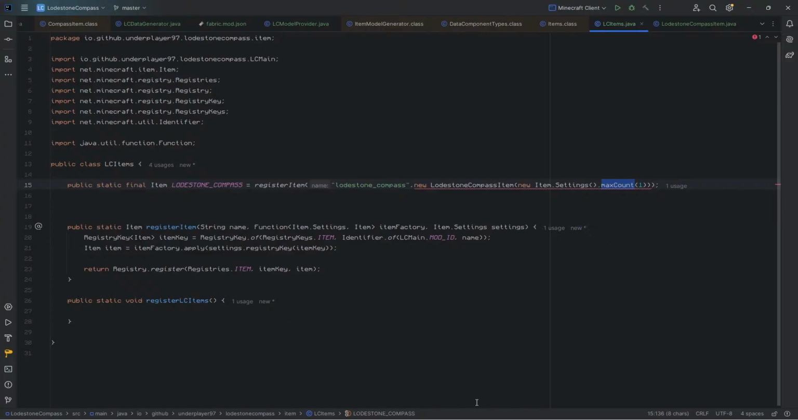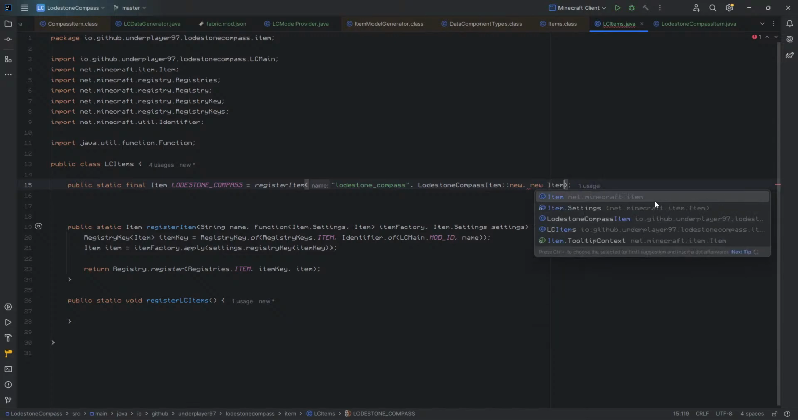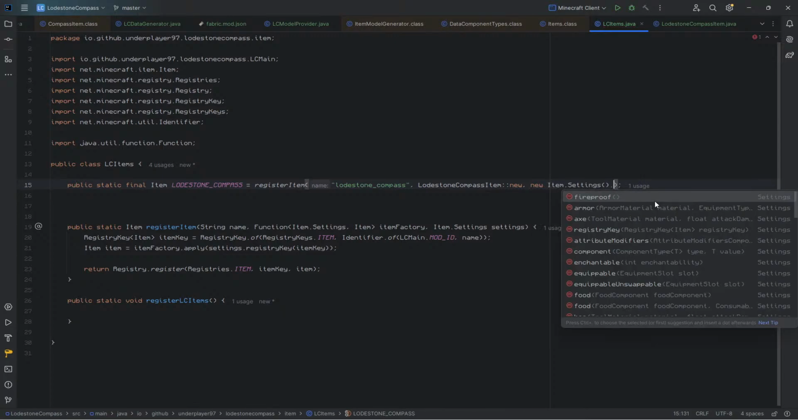Let's first go over what we were trying to do now. String name then is going to be the function of item settings item, which is the item factory, and then it goes into the items. Now this has been changed, because now we just need to do the lodestone item new, which is what makes this work now. And that's what was catching me up for a while. The new item dot settings, which is then gonna be